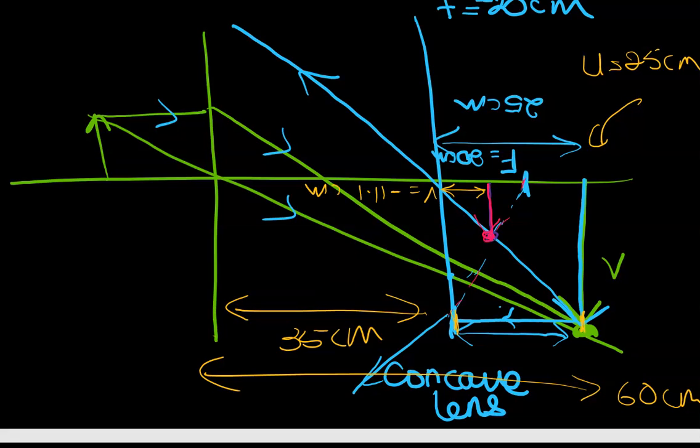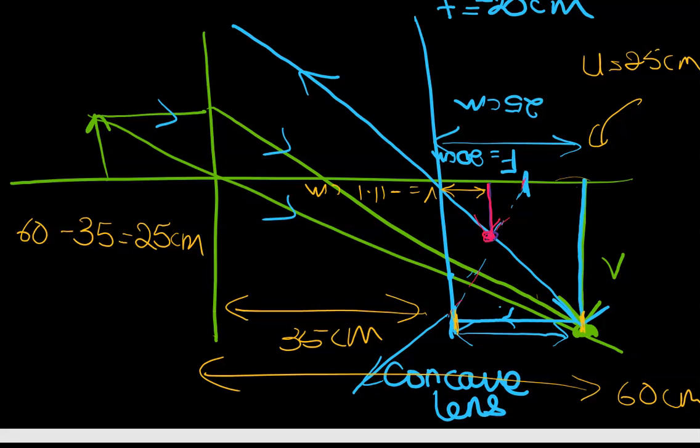So now I'm going to construct my concave lens, which is 35 centimeters from my convex lens initially. That gives me 25 centimeters. So 60 minus 35 is 25 centimeters for where my image is formed. So now, if you're doing it on graph paper, you can flip your graph paper, and what you can notice is that you are going to now consider this inverted image as your object to your